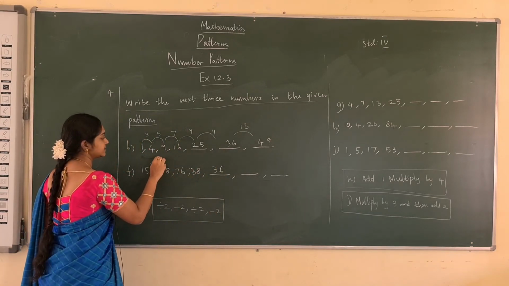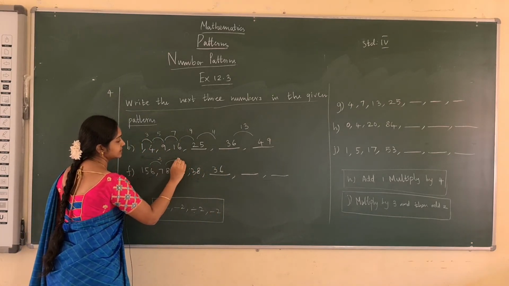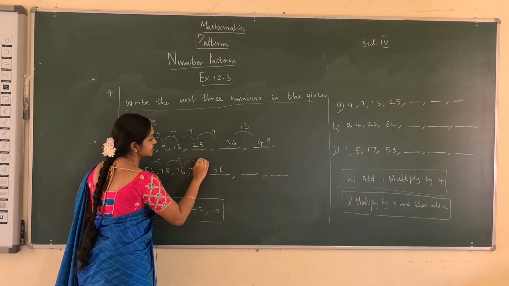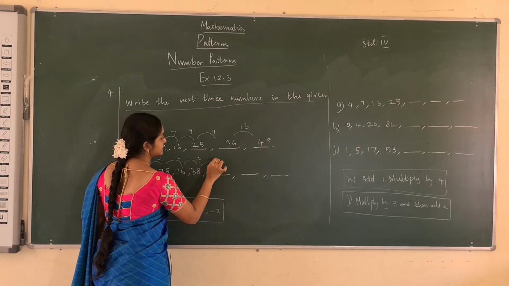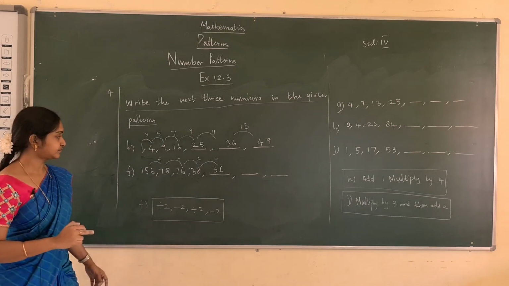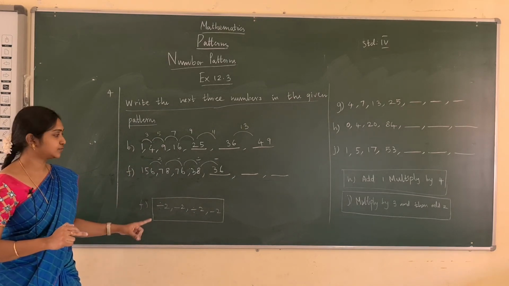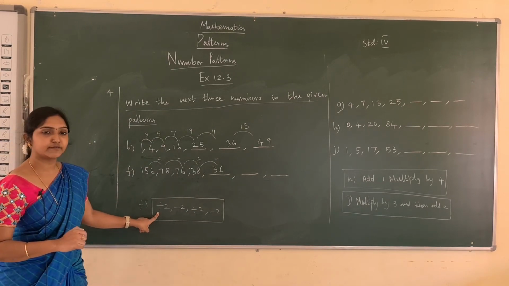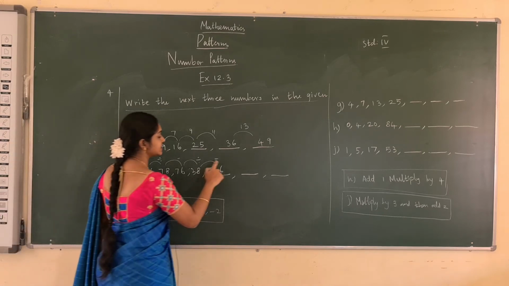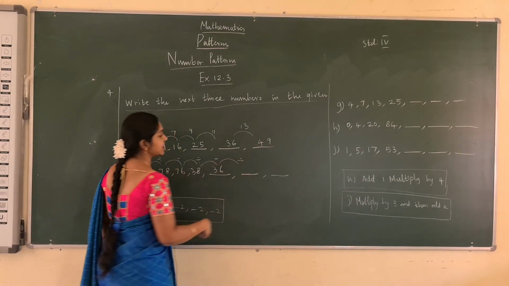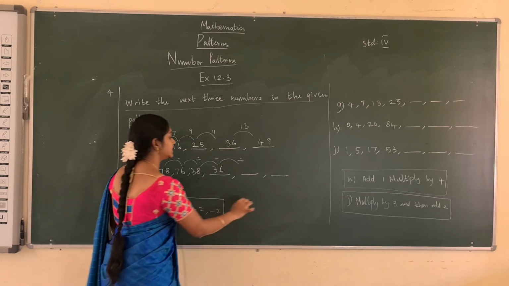From here to here it is division. From here to here it is subtraction. From here to here it is division. So again we have to subtract. That is 2. We have to subtract 2, because the clue is given here. Next we have subtracted, so the next step is we have to divide it by 2. Divide 36 by 2.